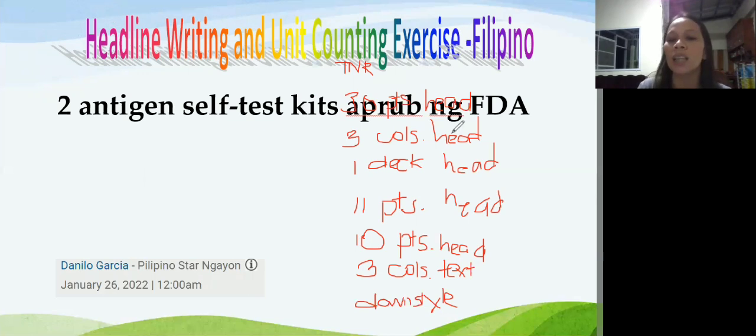So nasan ho dyan ang malaking titik sa simula? Hindi naman natin pwedeng malaking titik yung 2. Pero kung magsisimula tayo sa antigen self-test kit, dapat malaking titik ang A, down style yon. Tapos, yung mga nasa loob, kapag proper nouns, of course, lalakihan mo ng titik. Alam mo namang malaking titik ang FDA. Okay?